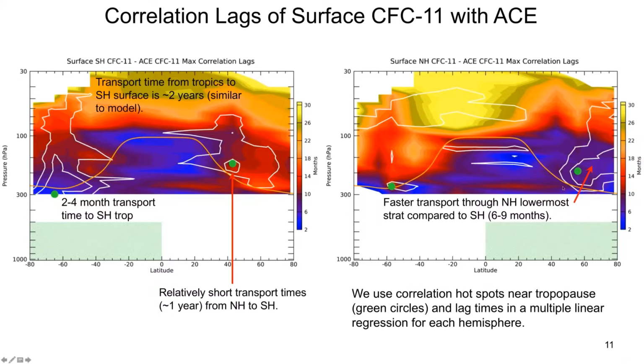Okay, so these green dots you might have noticed are the maximum in the correlations in each hemisphere. So I'm going to use these. The patterns I'm showing you essentially are interesting. They derive a lot of unique aspects of the transport. But when we're looking for how we can determine the effect on the surface, we really want to just locate the maximum features right down near the tropopause, where we know that the influence is most similar to that at the surface. So I've identified these regions. I'm going to do linear regression for each hemisphere and see if we can predict the surface anomalies from those.